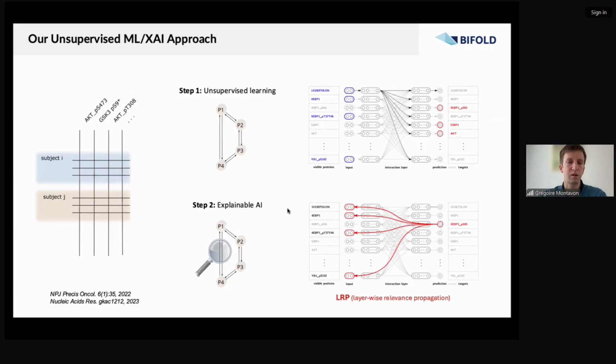And explainable AI is a wide field with many different formulations, but one of them is formulated as a problem of attribution, where you have a prediction and you would like to be able to identify which features contribute to the prediction. So here you have your input, you have the output of your model, which reconstructs certain proteins. And here you ask, for one given predicted protein value, what are the input features that have contributed? And if you now record the path which goes from the output to the input, then you are able to draw basically these pairwise connections between proteins.